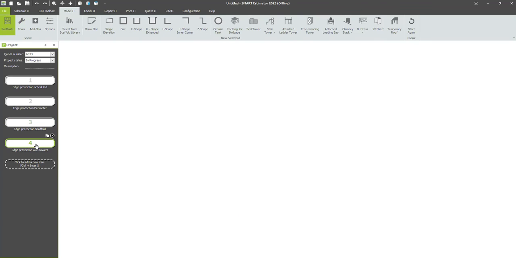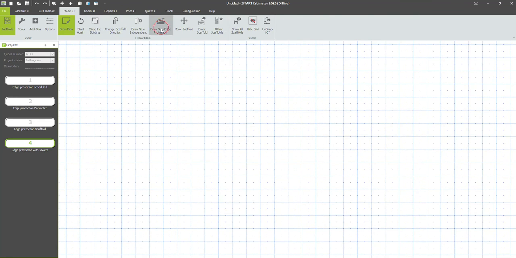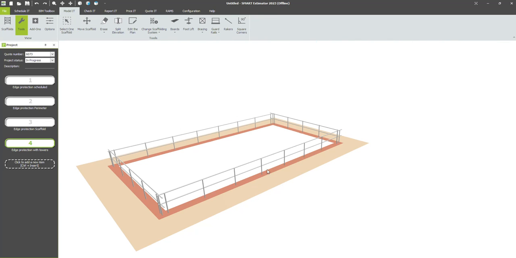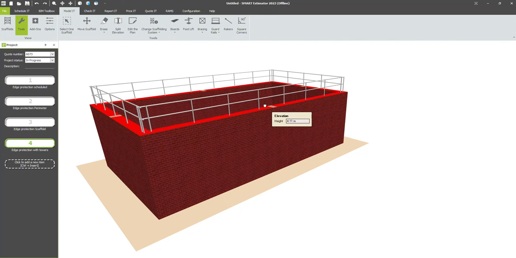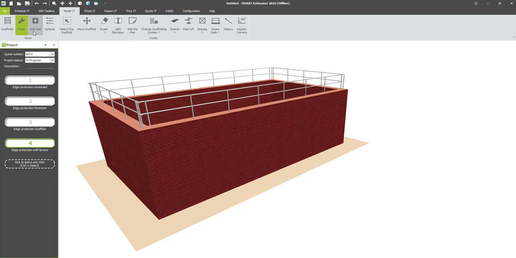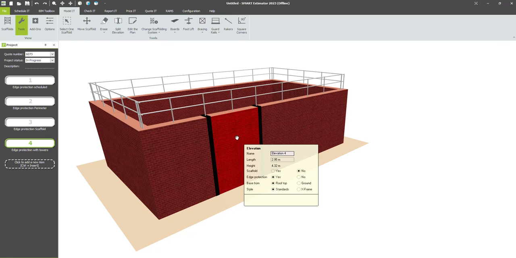And then finally, if you wanted to do a perimeter edge protection just with towers rather than a full independent, we can go into draw plan, draw new edge protection. We can trace out our building perimeter or our roof perimeter. We can left click and drag the height up to where we need it to be, and then using the split elevation tool, we can split down each elevation as many times as we need, drag and drop those splits to choose where your tower width essentially,